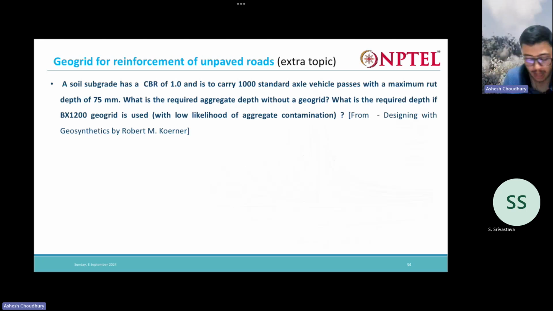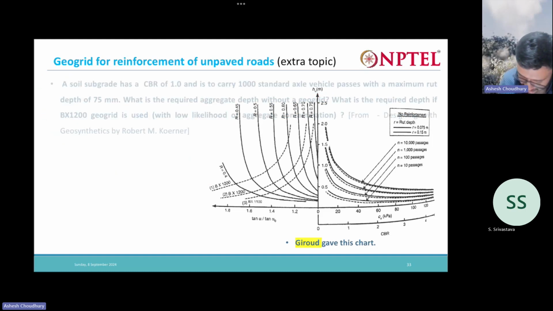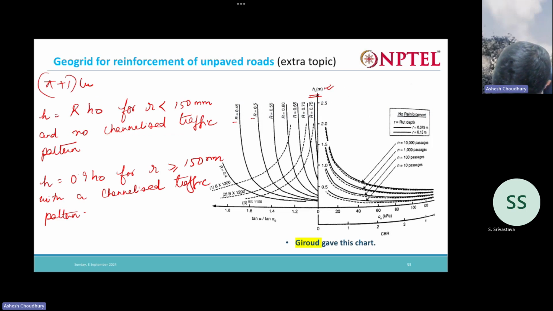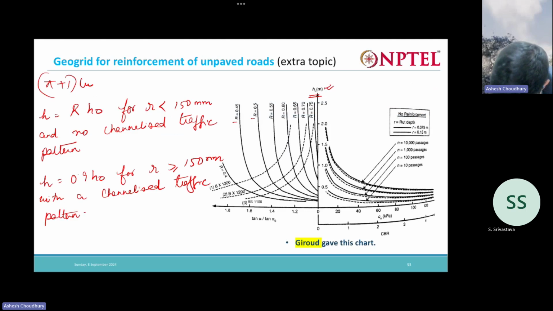So let us find this out. When we do not use geogrid, what is the required depth? Our CBR is given as 1. What are the number of passes? 1000 passes. So from here we can easily calculate for 1. And what is the rutting depth? Rutting depth is 75 mm. So here 1, then 75 means this